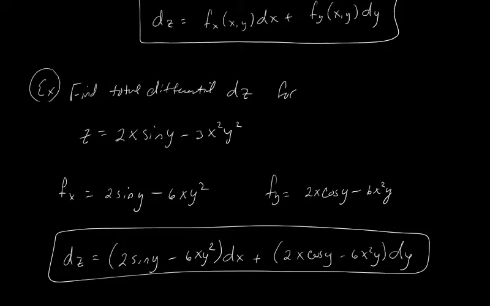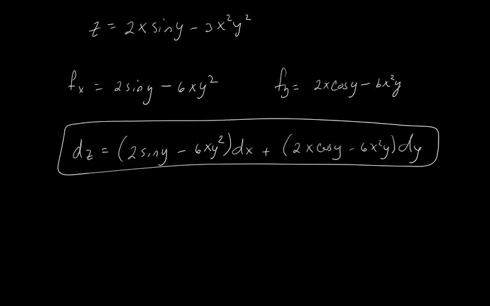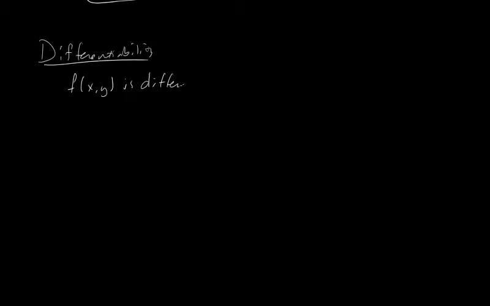Now, just like when we were working with functions in one variable, we would say the function is differentiable. We have that same idea here. So we have differentiability of a function in two variables. So let's go ahead and write that down. Differentiability. So f of x, y is differentiable at the point x naught, y naught, if delta z can be written in the form